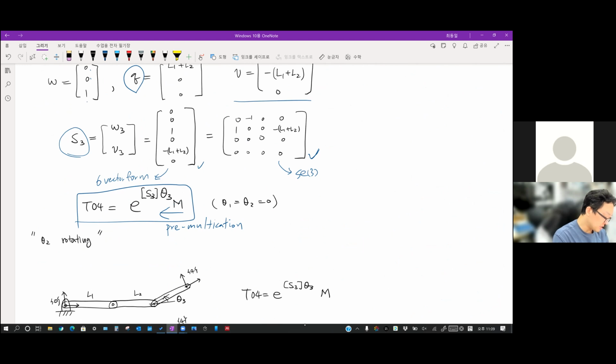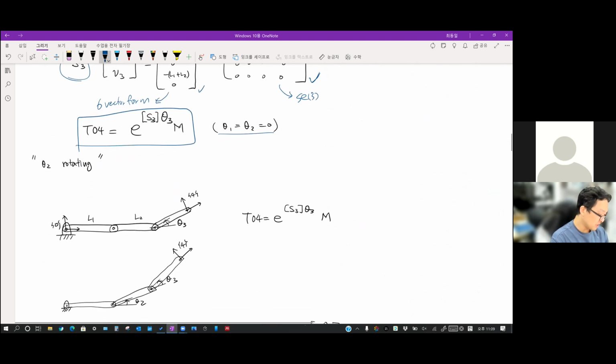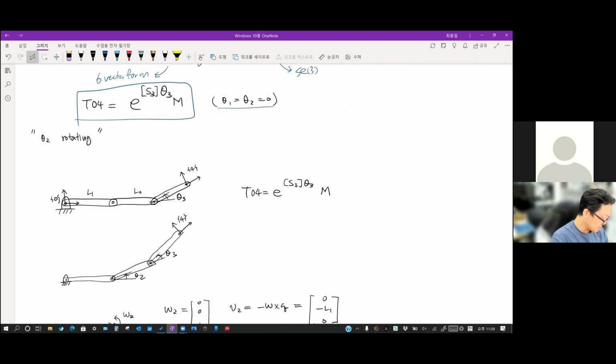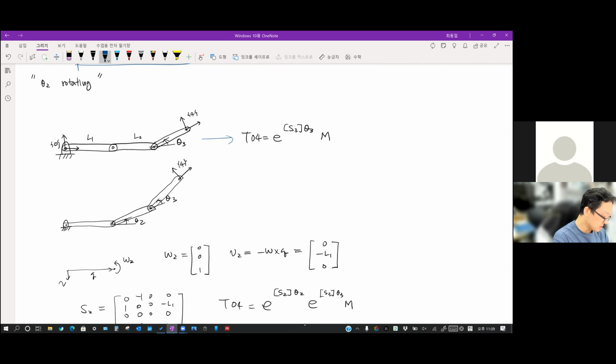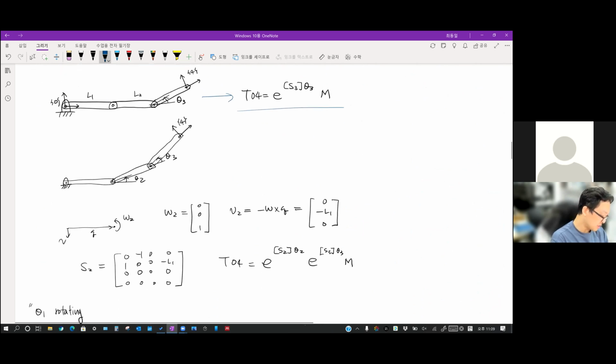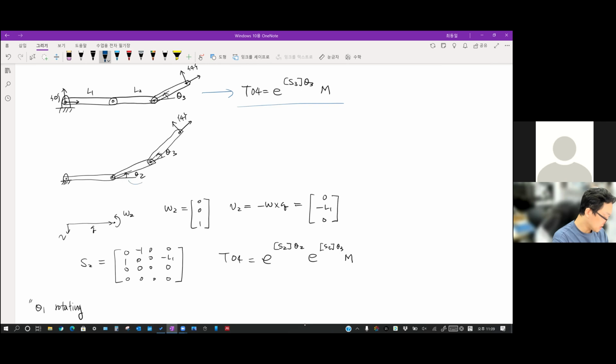This is only valid when theta 1 and theta 2 equal 0. If there is another rotation about theta 2, previously the T04 was this one. And if there is theta 2 motion, we also